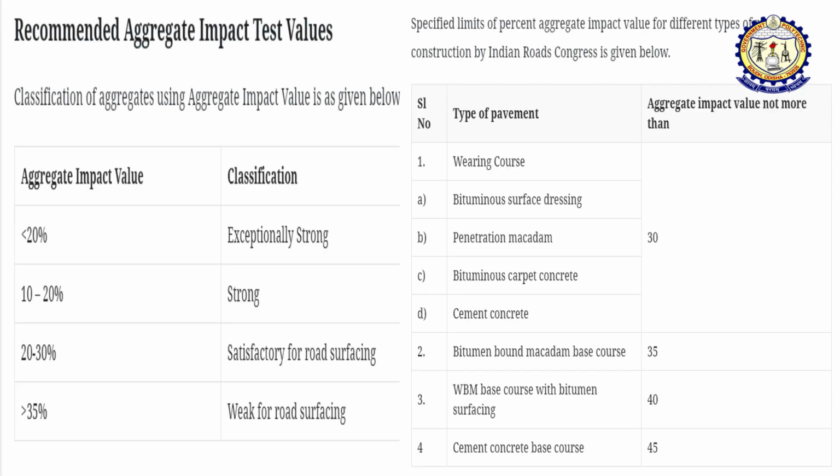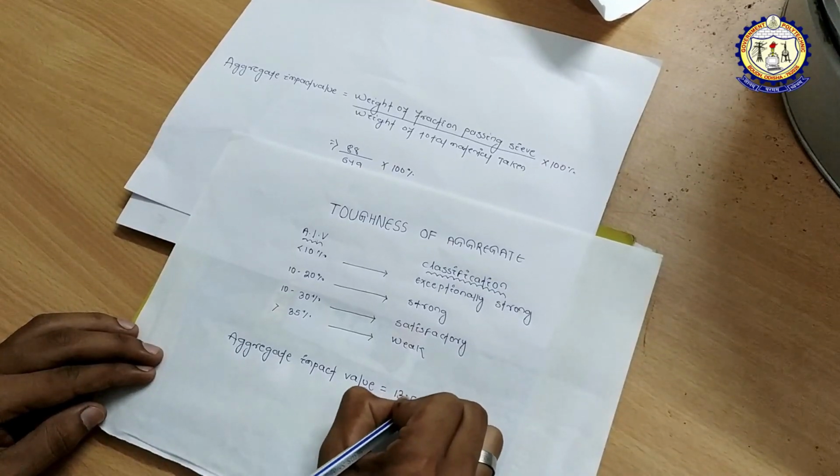This table represents the classification of aggregate based on impact value and it is as per IS code 2386 Part 4. As the value of aggregate impact value is